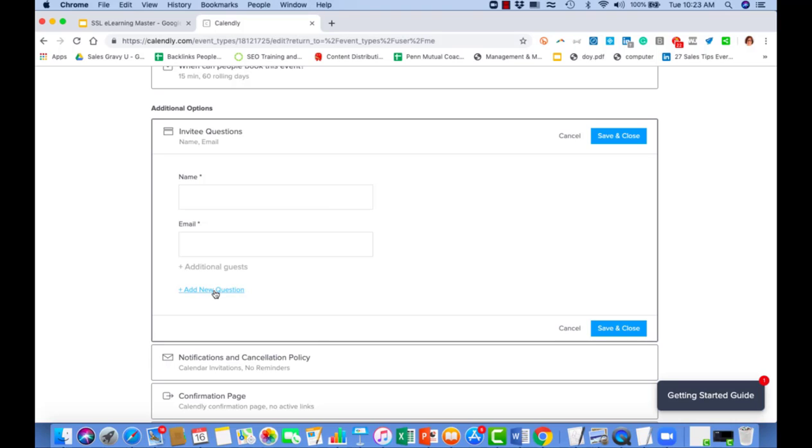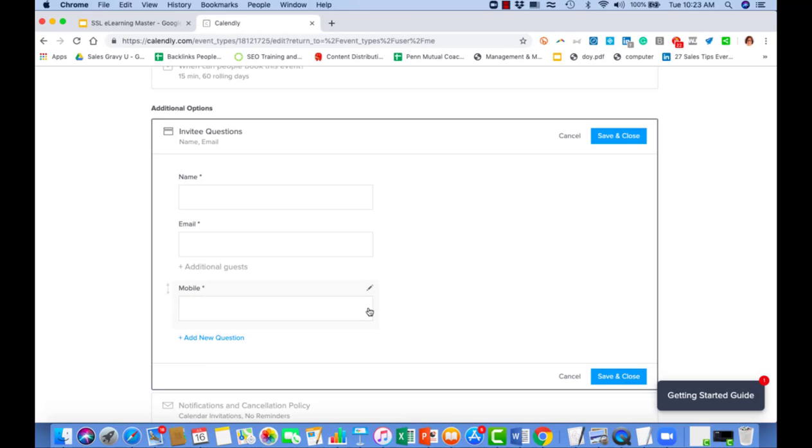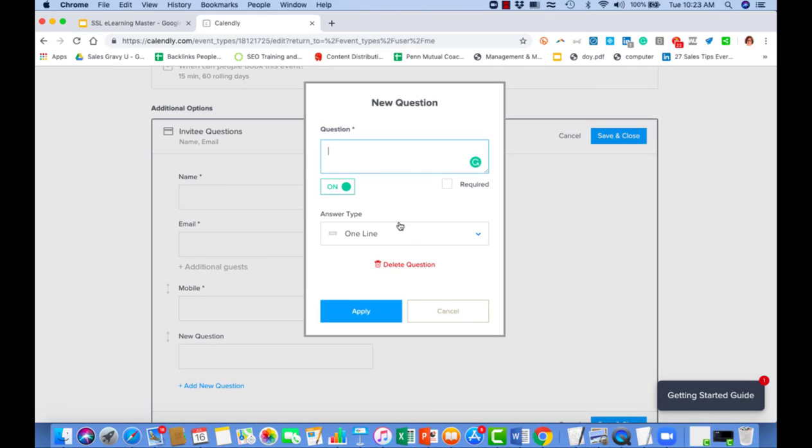There are a few other questions that I want to ask. One, I tend to ask for mobile. I keep that at one line and I make it required. And I hit apply. And I might do a new question, and I'm going to make this multiple lines, and